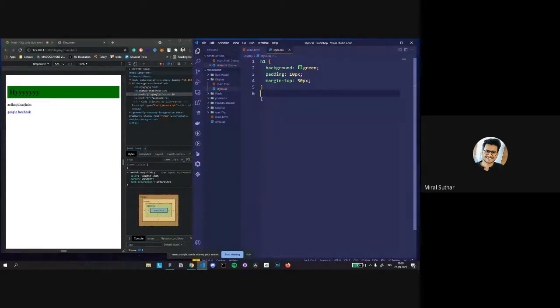So if we add an anchor tag and add a display of block, and if you want these things to behave the same way, we can display them as block.